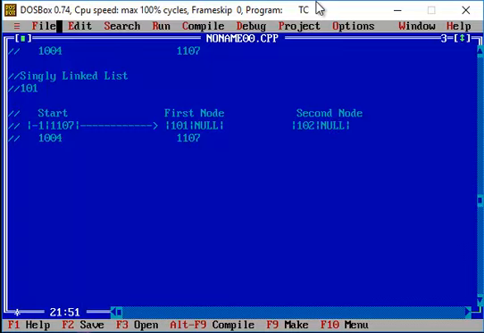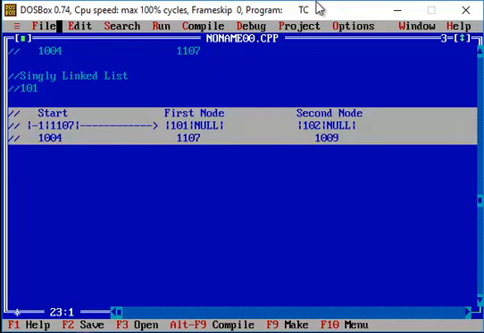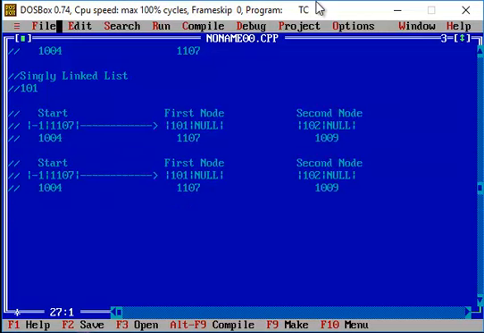Whenever a node is created, dynamic memory is allocated. Let's say the memory location is 1009. Now if I want to include this node in my existing linked list, from the start node to the first node, then what happens is you start from the header node.